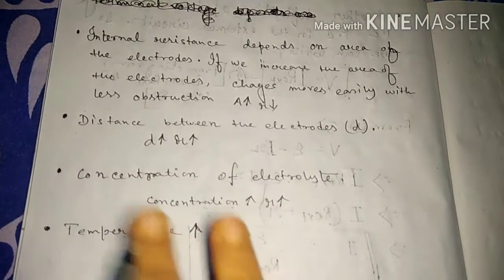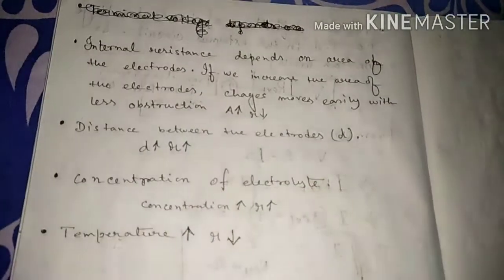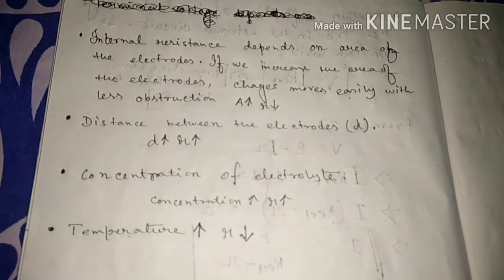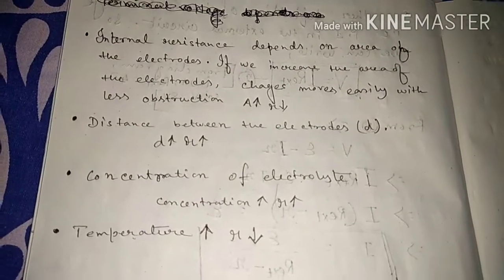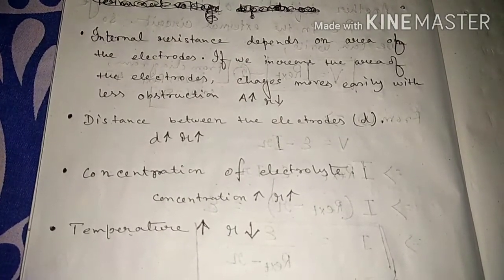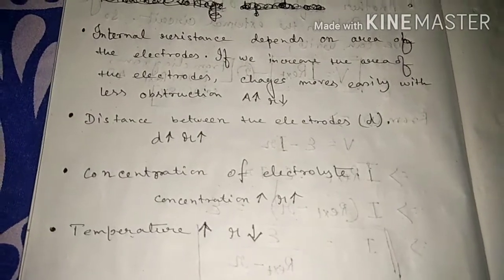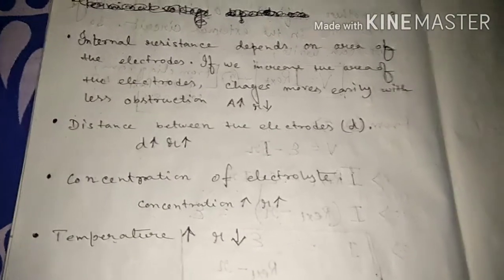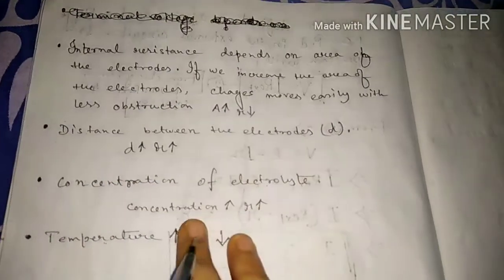I hope you understand the EMF, battery mechanism, internal resistance and terminal voltage. Just keep it in your mind, we get the terminal voltage when the circuit is closed, but we get EMF only when it is an open circuit. No current is drawn from that electric circuit. Open circuit, EMF; closed circuit, terminal voltage.